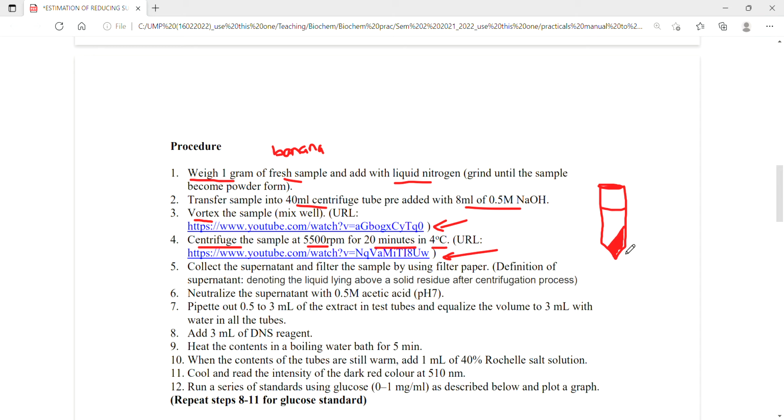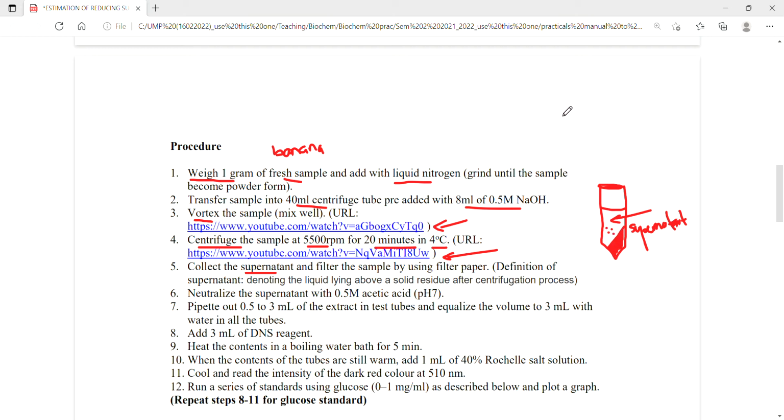It will come to the bottom, and then the wanted material which is in the liquid, probably the reducing sugar already dissolved in the liquid, this is referred to as supernatant. And we are to collect the supernatant, and if required, sometimes the debris could still be present here,